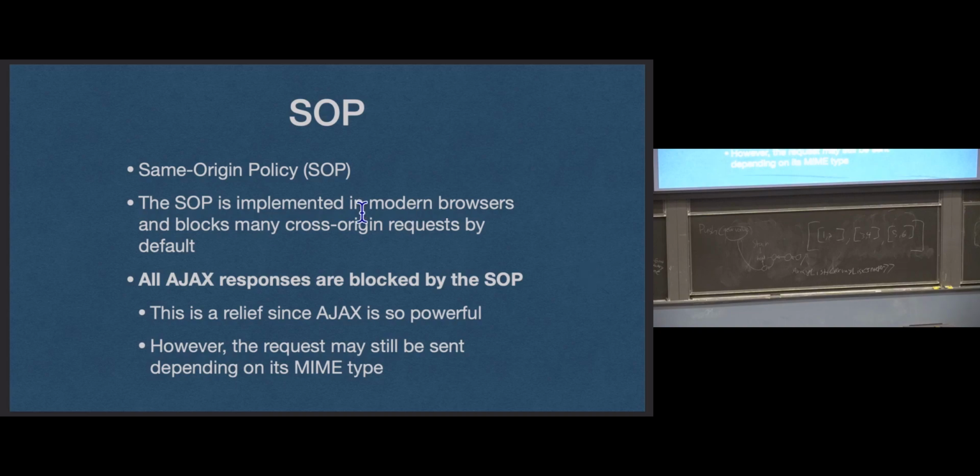So the same origin policy says, okay, if you're making a cross-origin request, we're going to block a lot of those. And what it's blocking is every single AJAX response. Not the requests, but the response, the same origin policy is going to block. So any of our attacks that we launched, if we try to go into the console or try to read the response of my AJAX request,